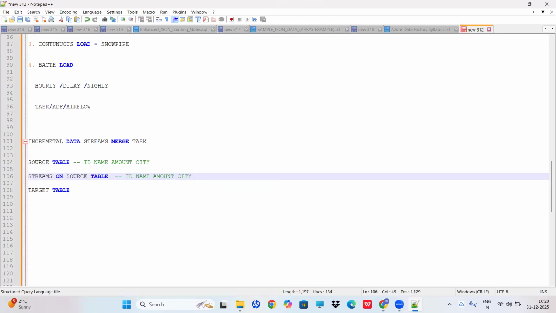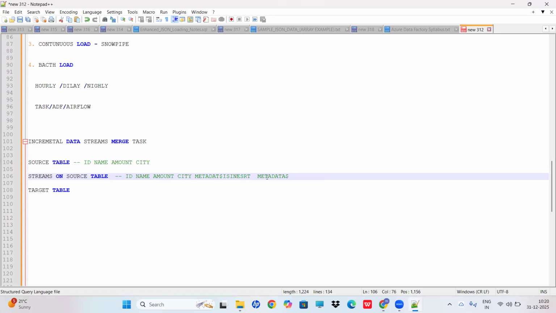Then it will also have extra columns. In an interview they will ask: when you create the stream, what columns does the stream table have? Usually it has ID, name, amount, city, and metadata dollar is insert,